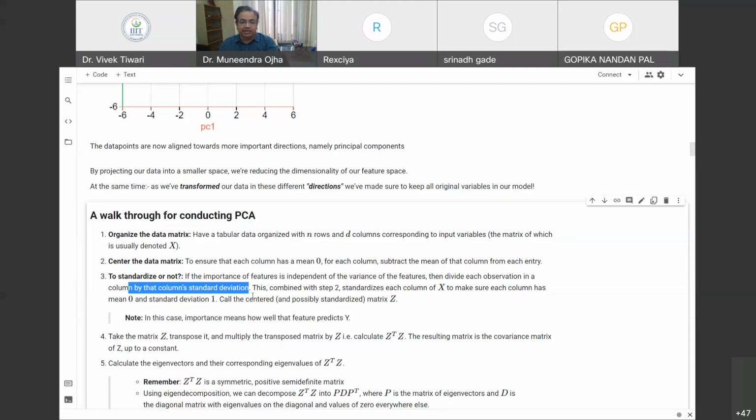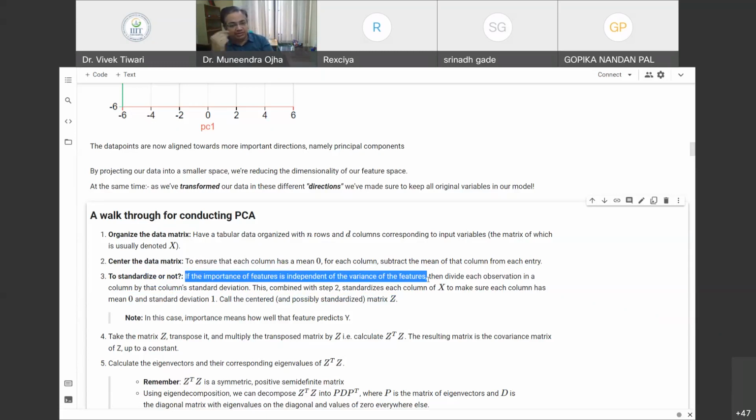That is called the centered and standardized matrix. Centered is obtained by step number 2 and standardized is obtained by point number 3. So this is a subjective judgment. Subjective in the sense that you need to understand whether the importance of the feature is more important than the variance of the feature. Then you don't do it. Then you standardize. Otherwise, you don't need to